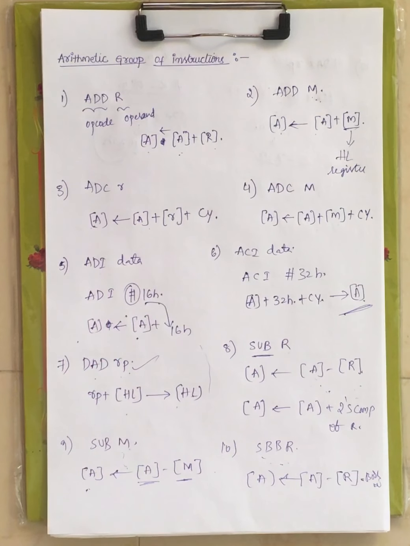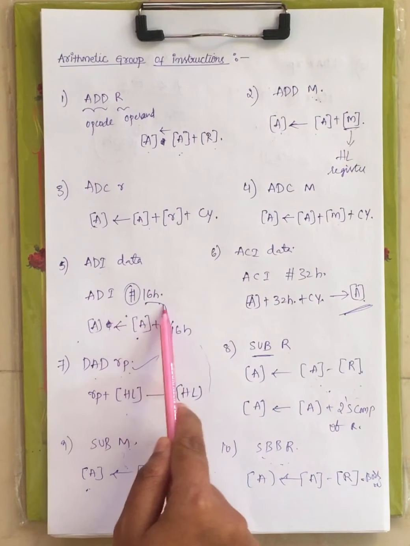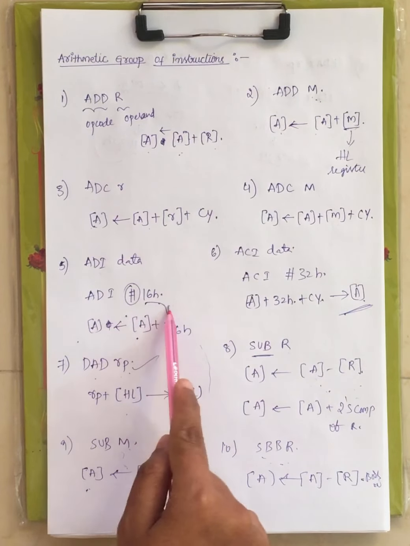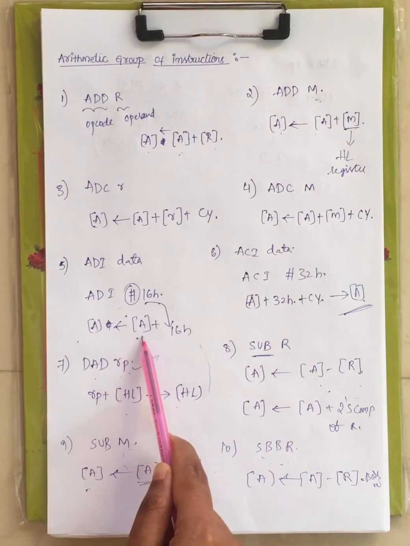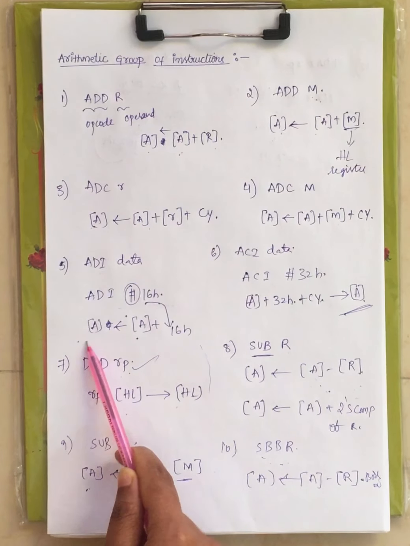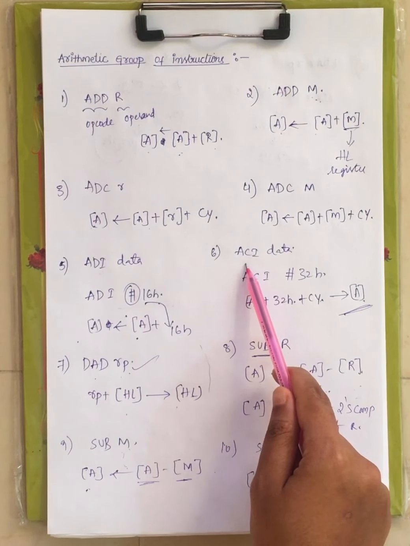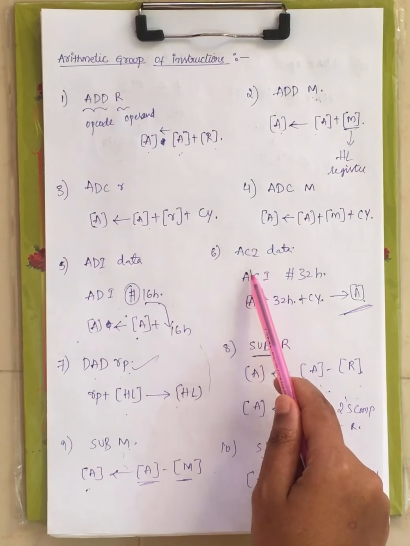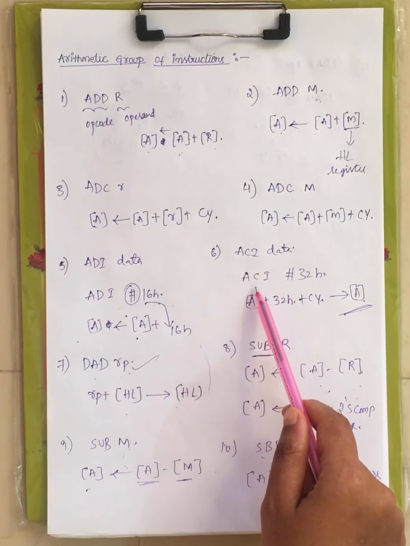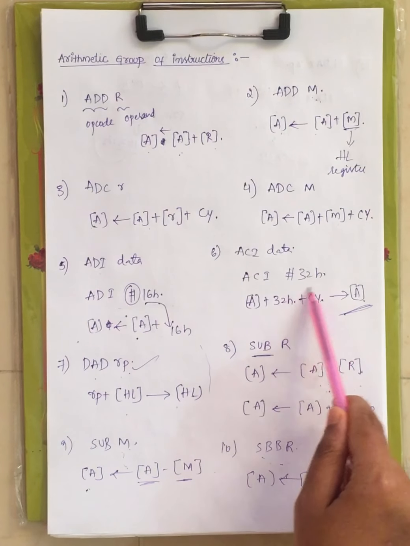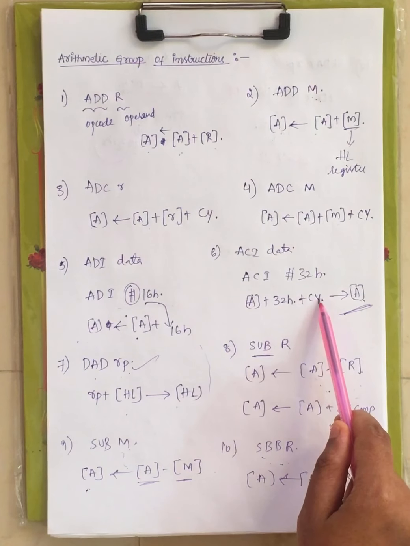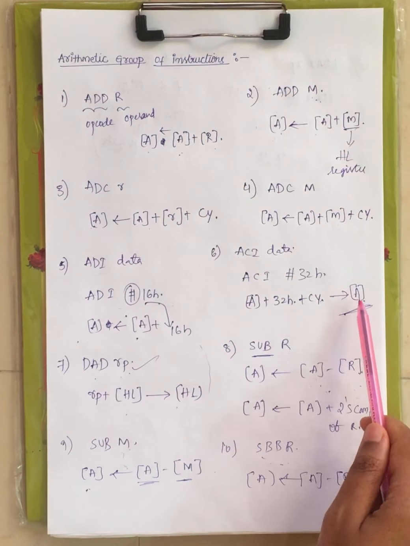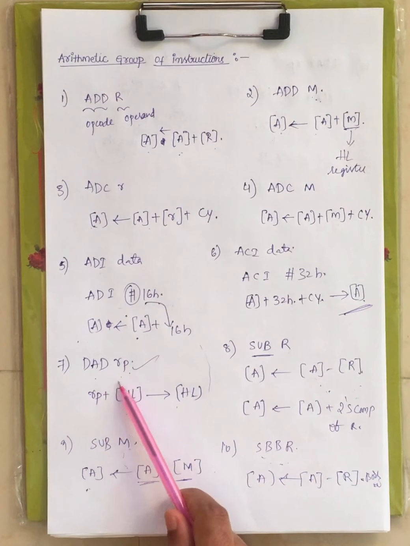Now coming to ADI data, add immediate data, right? Now the direct data is specified within the instruction. Under this instruction we directly specify the data within the instruction. That data is added with the accumulator, and the result is stored in the accumulator itself, right? Now adding immediate data along with carry, ACI indicates adding immediate data along with carry, right? And the direct data is specified within the instruction. That data is added with the contents of the accumulator along with carry, and the result is stored in the accumulator itself, right? Now DAD RP,